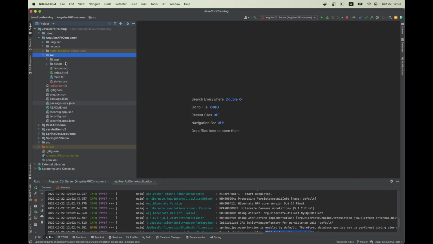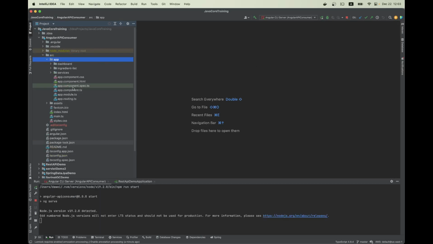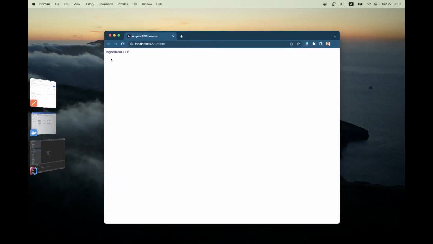And also I put some basic components in the Angular code, so let's just start it. We run this Angular server for the development. We have a dashboard, we have an ingredient list. So far we have those two components. So the UI is pretty simple. We have just only one list in the home page, and then click on this link, and we will see